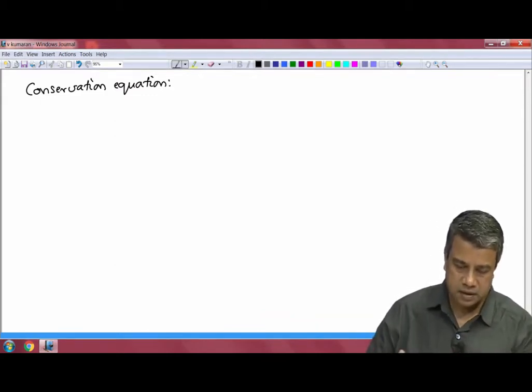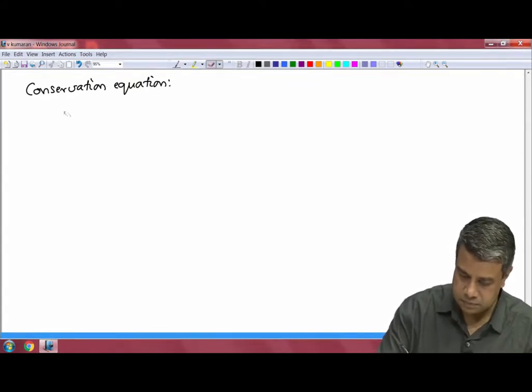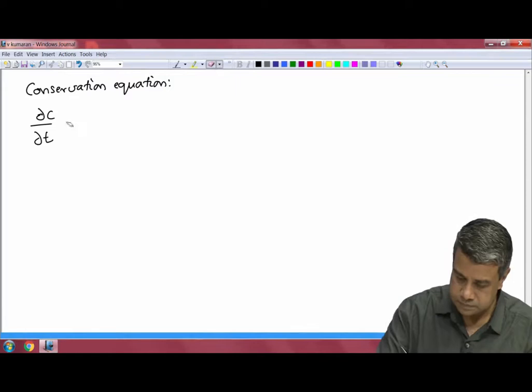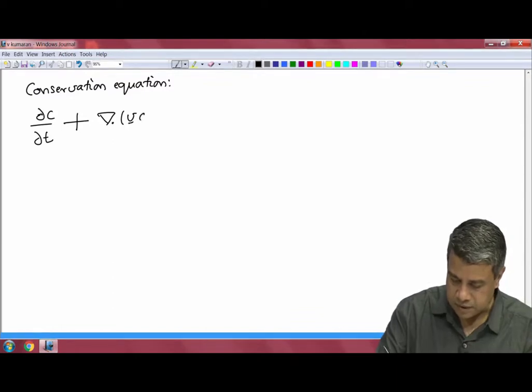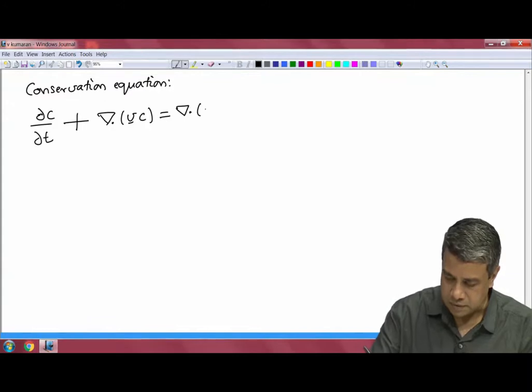And they had the general form: partial C by partial t plus the divergence of the velocity times C is equal to the divergence of D gradient of C, where